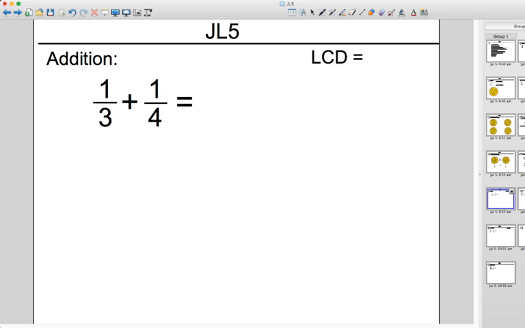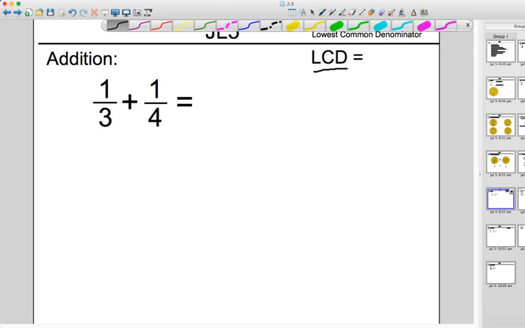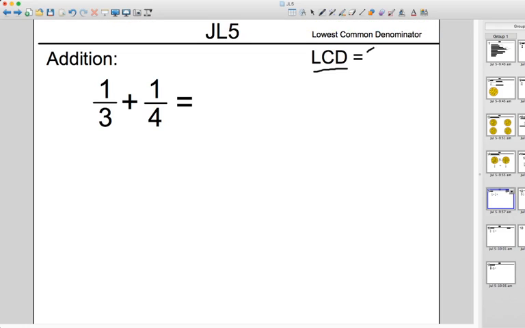So we need to create smaller slices. How do we do that? Well, we need to look for what's known as the LCD, or lowest common denominator. In fact, I'm going to type that in because it makes sense to do it. And it's very simple to get the LCD. You take the two denominators that you have and you multiply them together. 3 times 4 gives you 12. So we are looking for twelfths plus twelfths